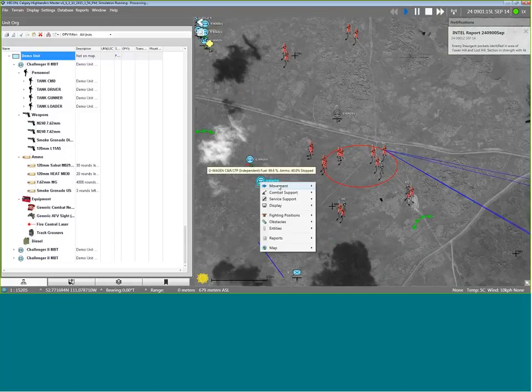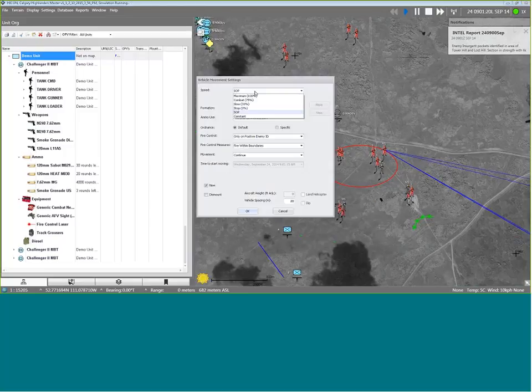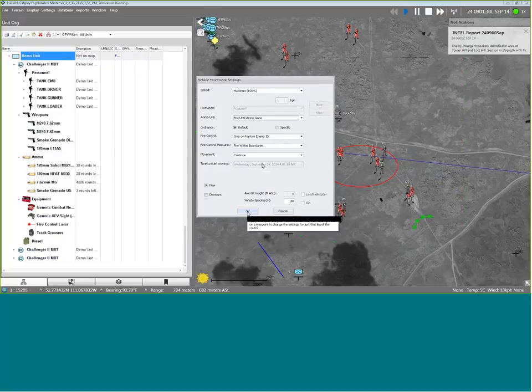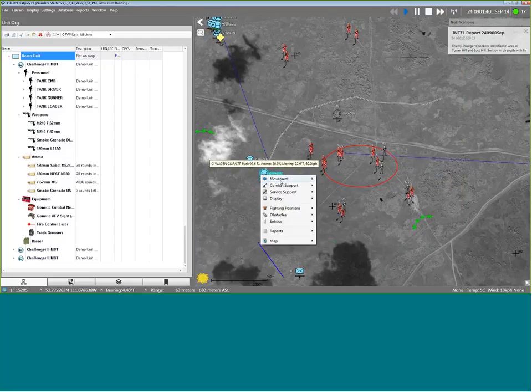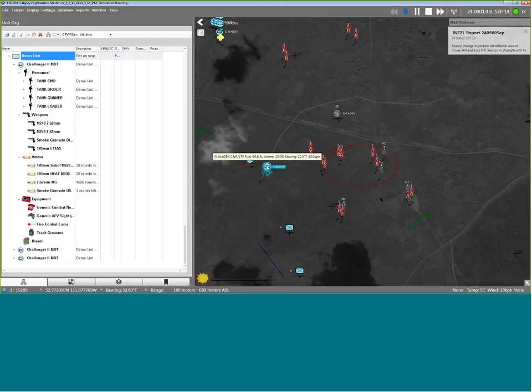I can very, very quickly, easily change task. I want this one to move. I can set whether I want it to fire within rules of engagement, and then if I'm giving it waypoints, I can just click those waypoints, so I can now make it go somewhere else. New waypoints, it's going to start to move, and if I want to look at what it can see, very, very easily, click on